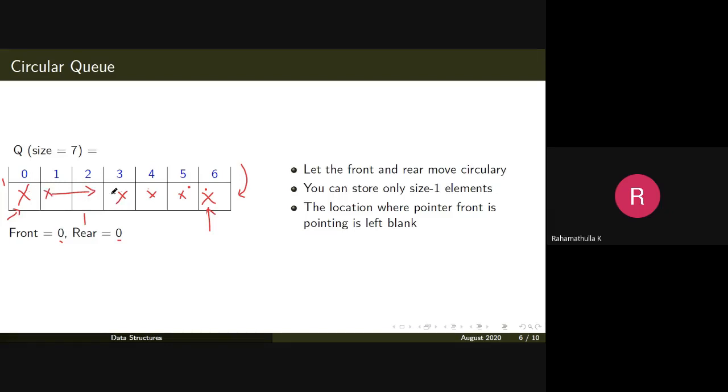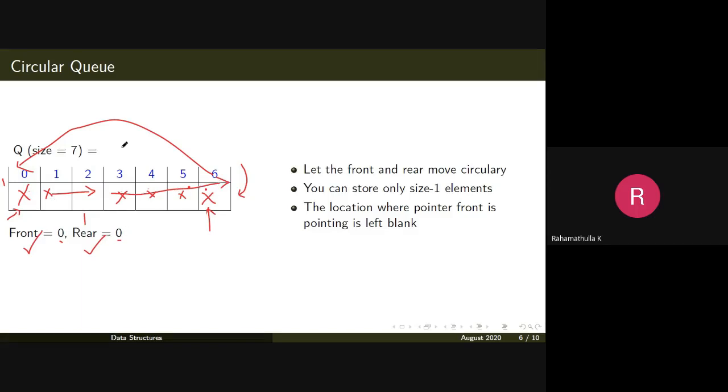So once all these elements have completed their service, the counter will go back to this position and start servicing the members again. So the counter resetting to this position means it is changing the front pointer. Inserting at this position means it is changing the rear pointer. So what I am trying to say is the front and rear pointers are moving circularly.